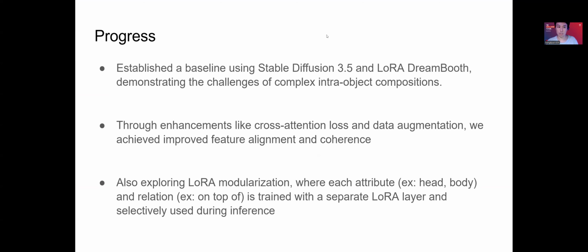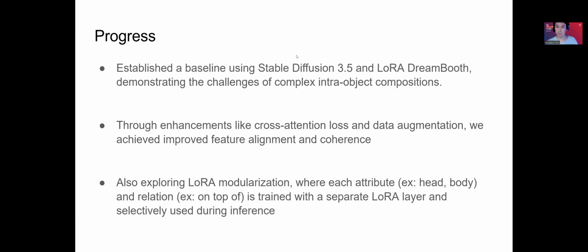So my progress this semester: I first established a baseline using Stable Diffusion 3.5 and LoRA DreamBooth, which demonstrated the challenges of complex intra-object compositions. We've also made enhancements like cross-attention loss and data augmentation, and by doing so, we achieved improved feature alignment and coherence in our baseline. And finally, we explored LoRA modularization, where each attribute, such as a head or body of a robot, and the relation, such as the head being on top of the body, is trained with a separate LoRA layer and selectively